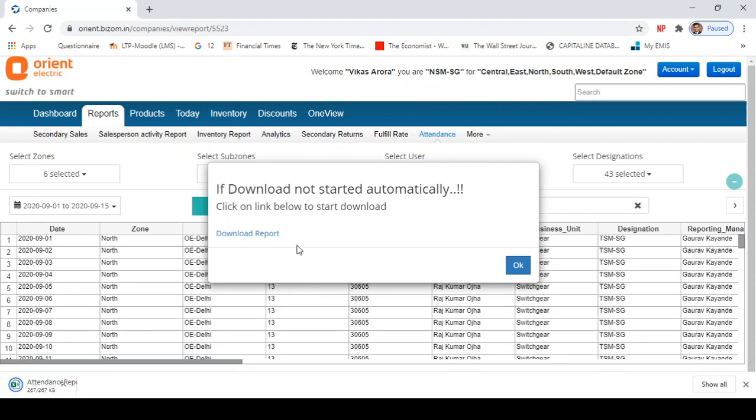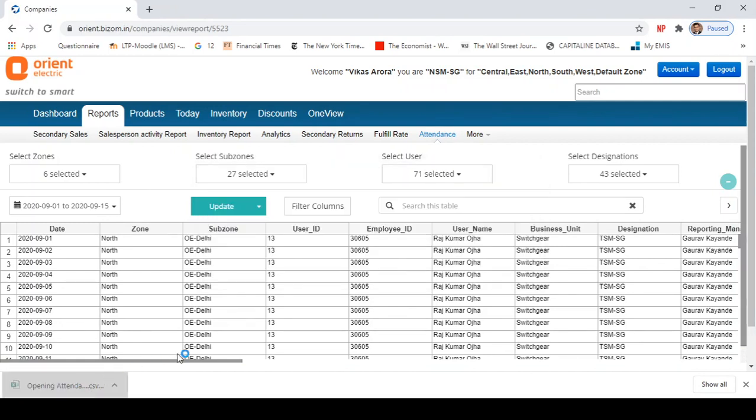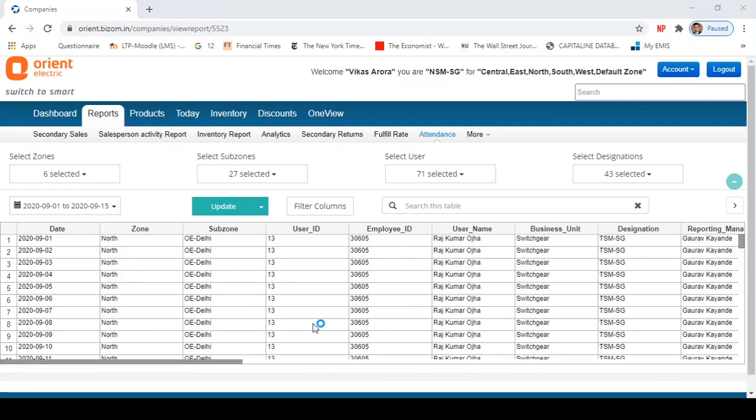So if I download this attendance report, I can then view it and make all the changes. It will have the same columns and the same row items as I can see on the portal. Okay, so then you can just open your Excel and you can quickly check how the information is being viewed, and you can do all your analysis with your sales team.